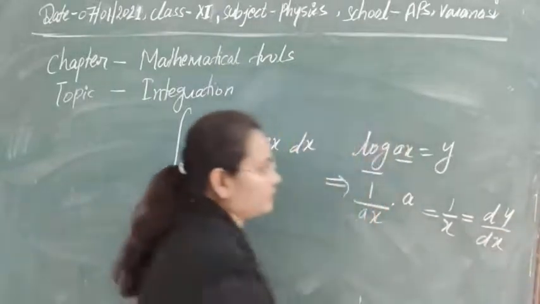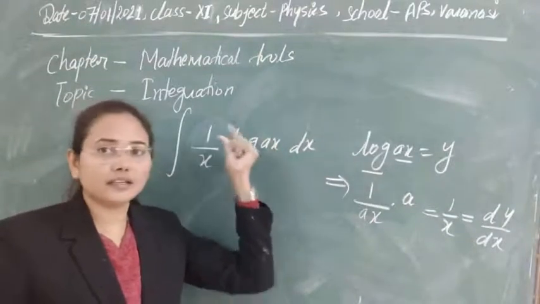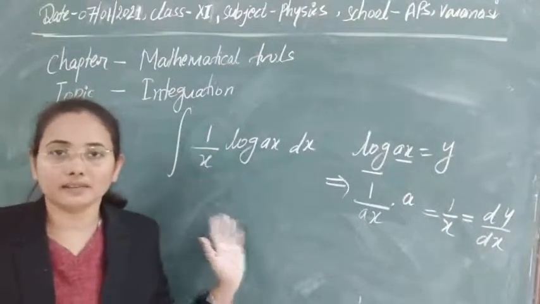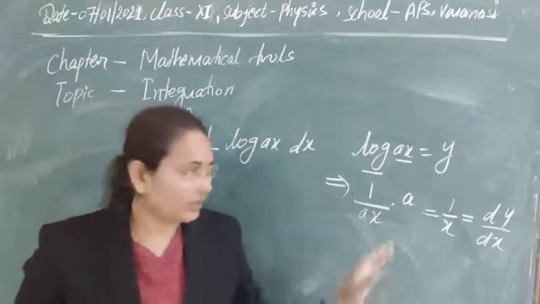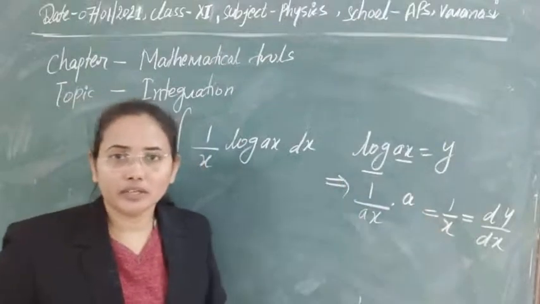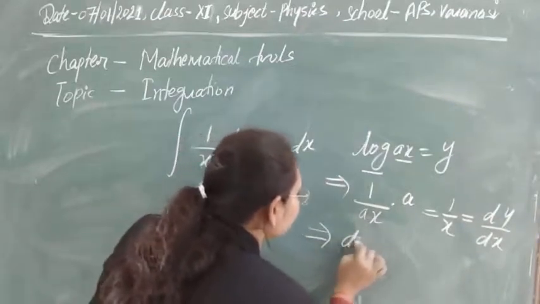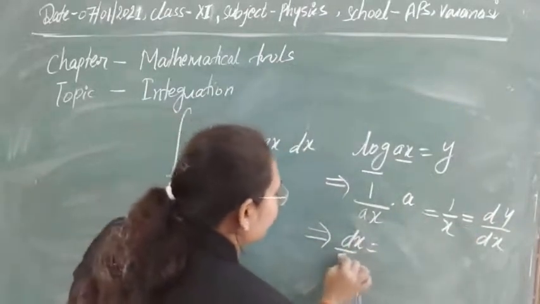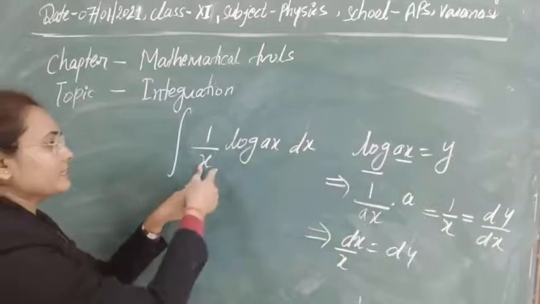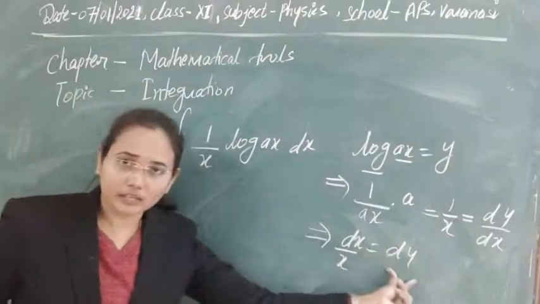And on this side you will get dy by dx. Some students will think that if the factor a is there, then a will also appear in our factor, as a product or as a division. But if you solve it, you will find that in the differentiation there will not be any appearance of a as a constant in the log term. So finally dx by x is equal to dy. You can solve it, and you can see that dx upon x is in our question also. So in place of dx by x directly you can put dy.